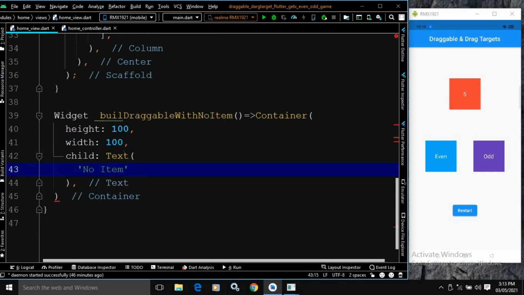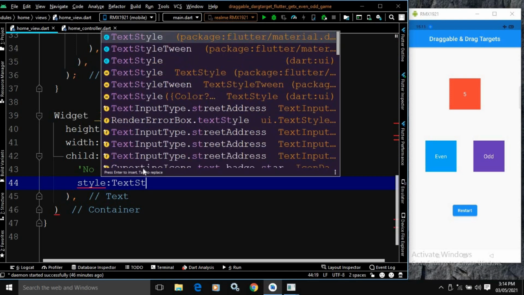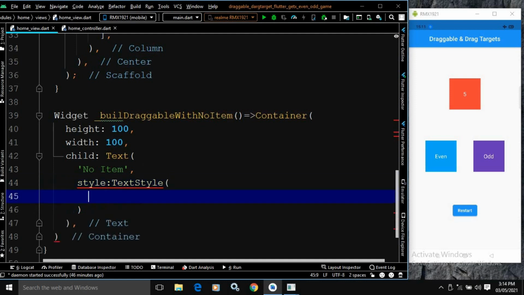Okay, so that's why here in the text widget I have written no item, and in the style I will use TextStyle with the color Colors.white.